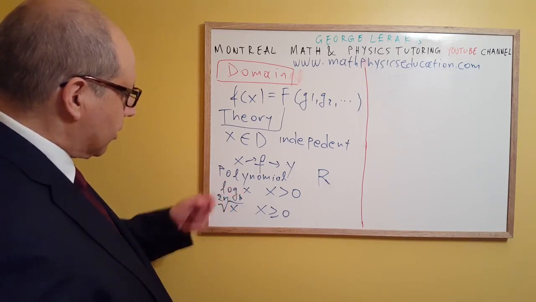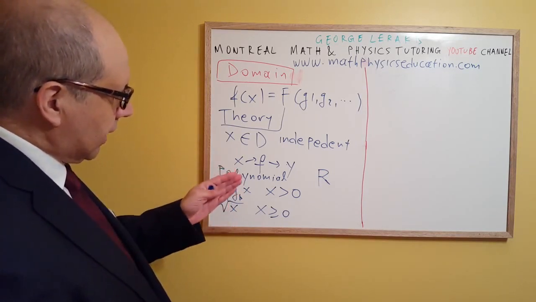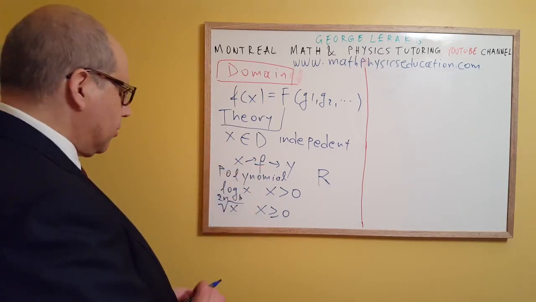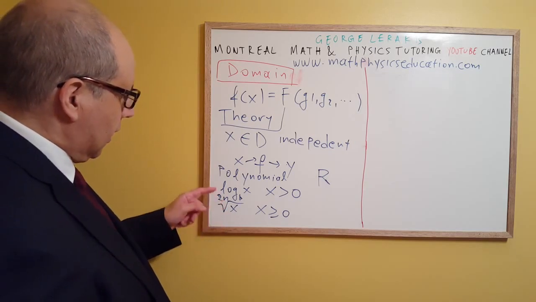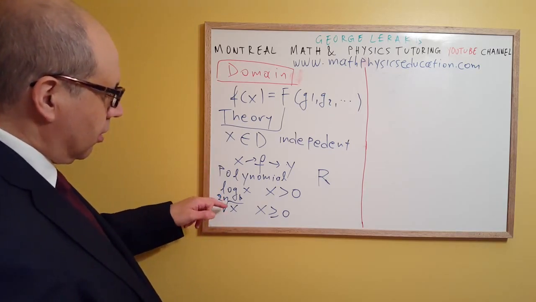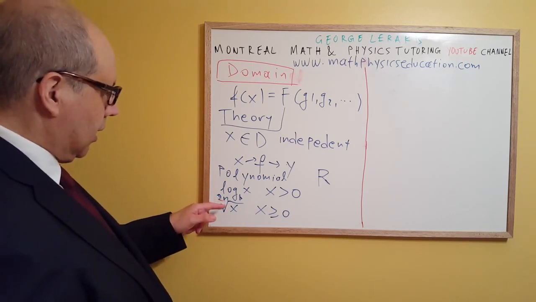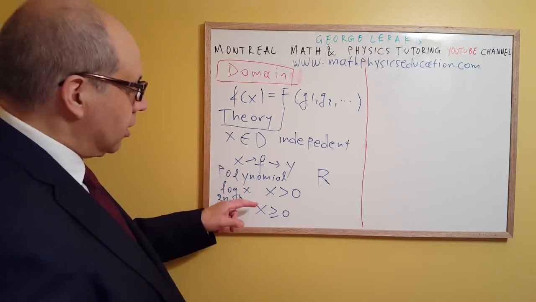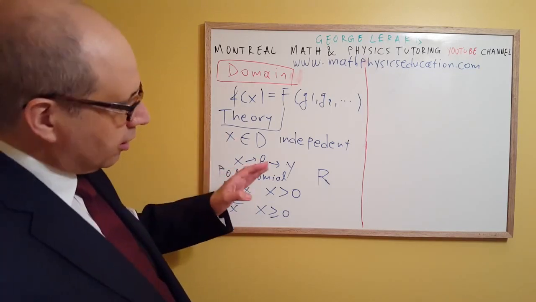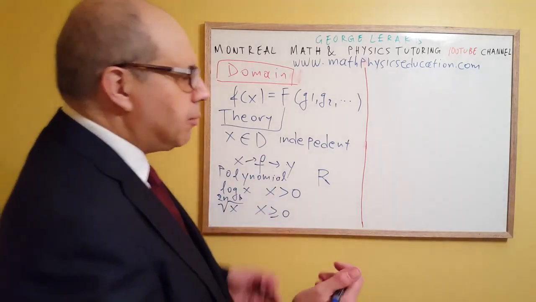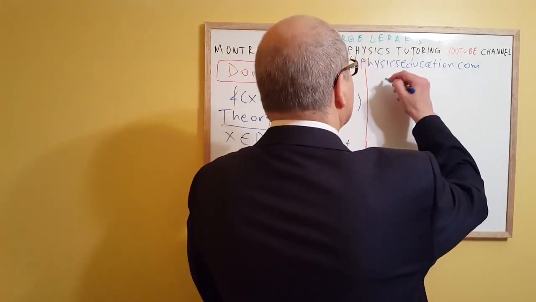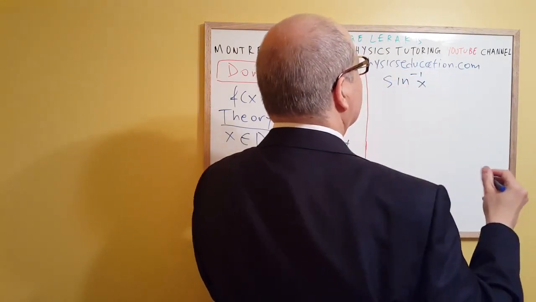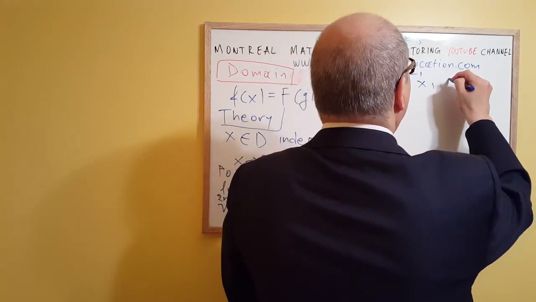The log of x to base b function has as a domain all the numbers x that are greater than 0. You have also the even root function, the 2n-th root of x, whose domain is all the numbers x that are greater than or equal to 0. Some others that we can mention are the inverse sine and the inverse cos,